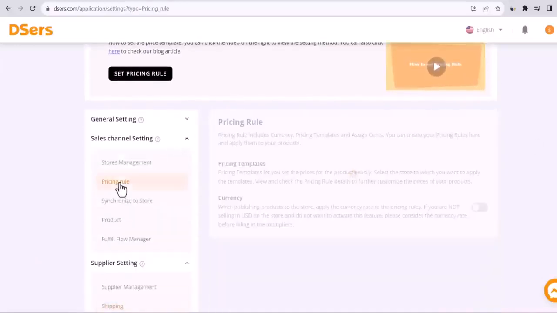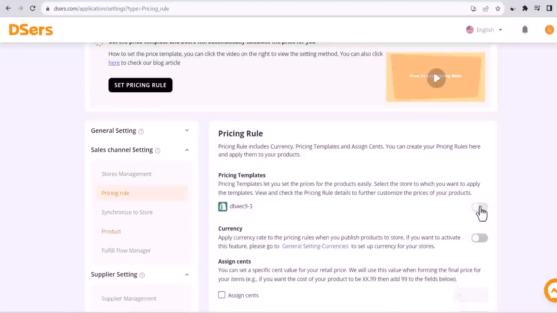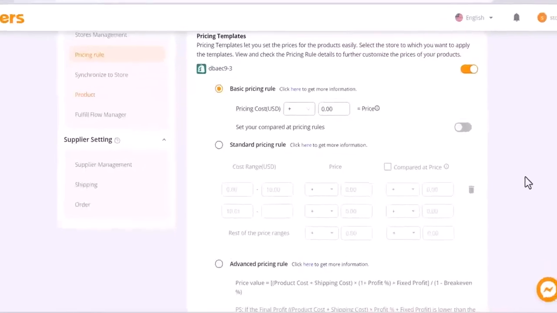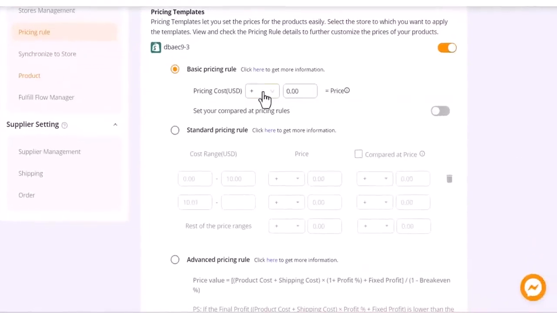And then click on pricing rule. Activate pricing template. In this step, we will set up general pricing rules for imported products from AliExpress. At pricing cost, choose multiply, which multiplies the product cost by the number you specify. For example, a product that costs $10 at AliExpress with a multiplier of 4 will be priced at $40 in